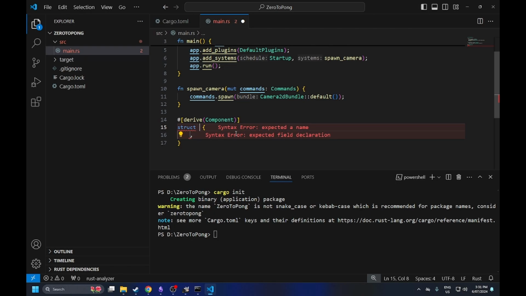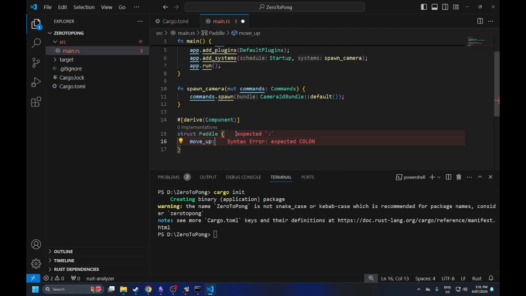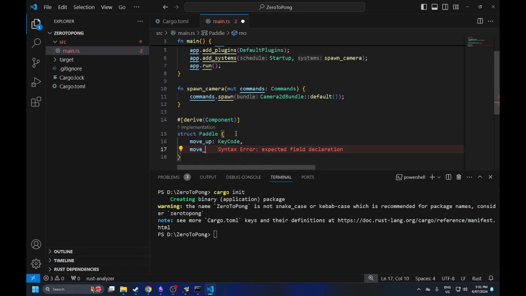And components are basically just data that is attached to an object in our world that we can then use to distinguish it from other objects. So in this case, we're going to say that this is a Paddle, and we're going to give it a move_up, which is going to be a KeyCode, and a move_down, which is also a